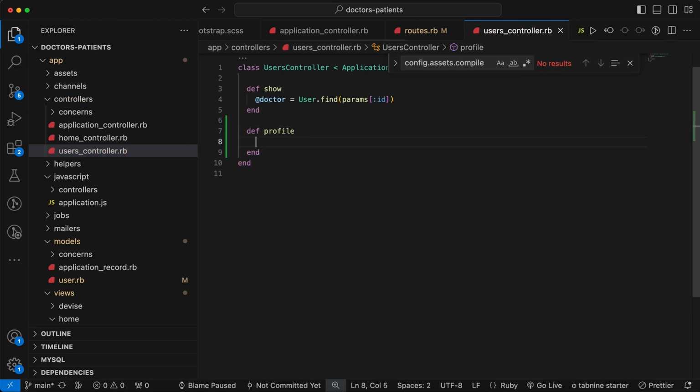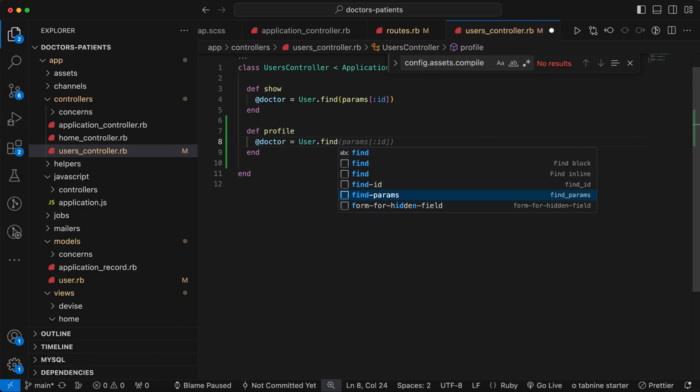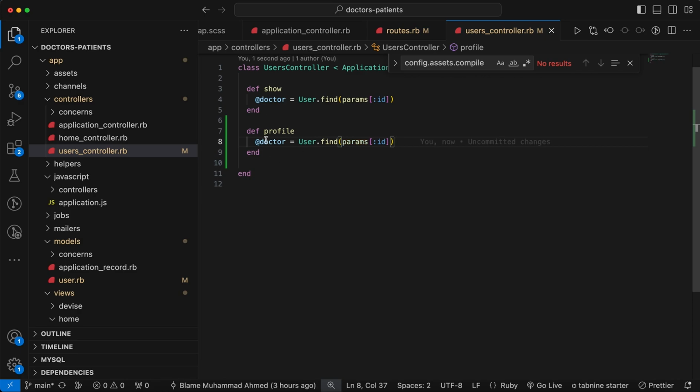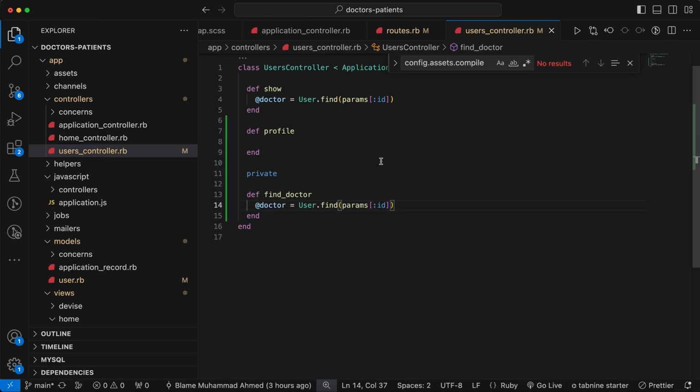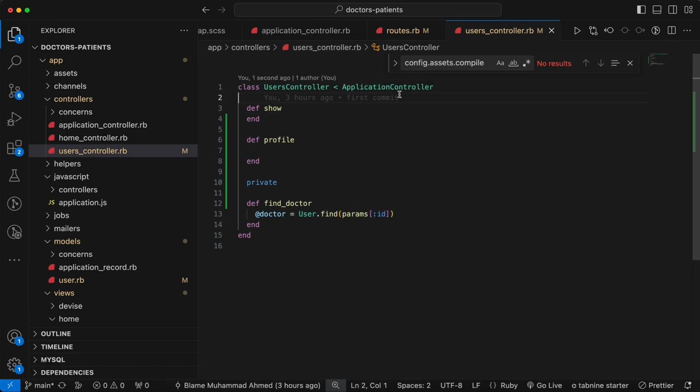Okay, in the profile let's find the user by the id first, so it would be doctor, and then user dot find params of id. Here you can see that this line is same in both methods. So let's remove the first one and let's create a new method, and we can add a method of find doctor, and let's cut this line from here and paste it here, and also remove it from the other method, and then